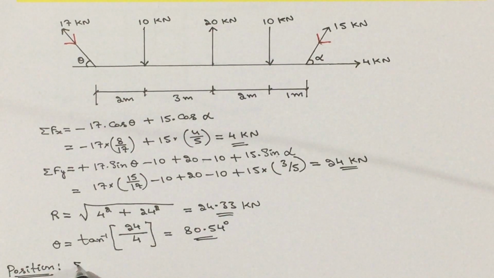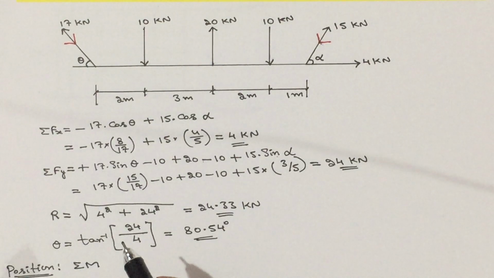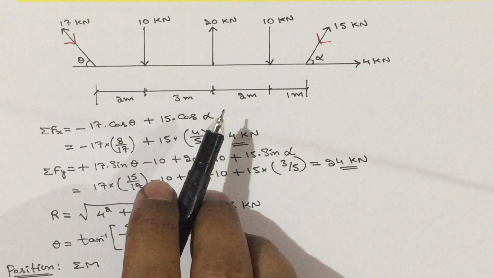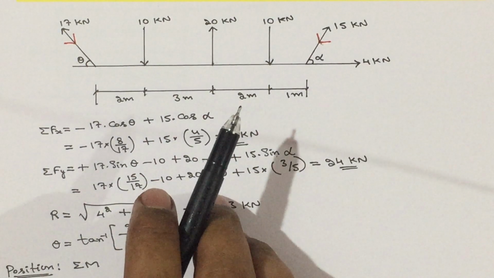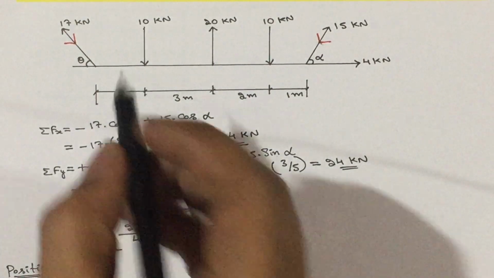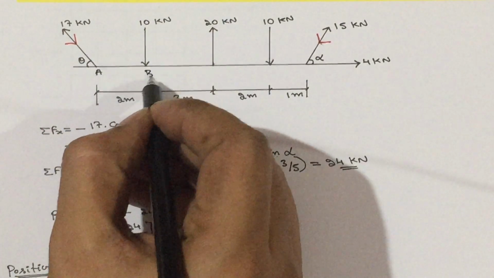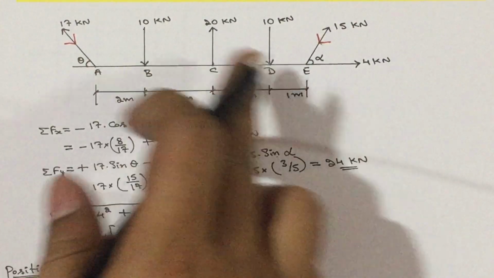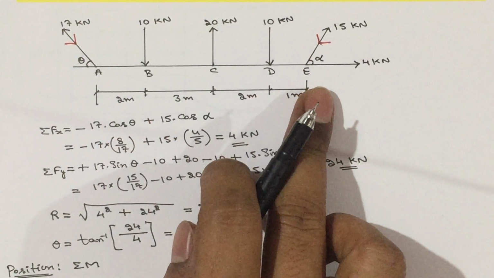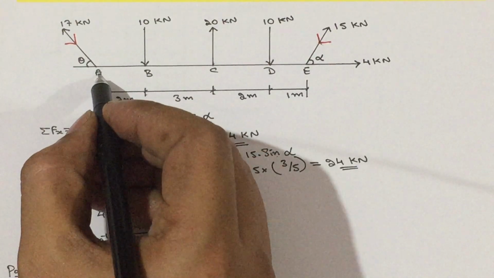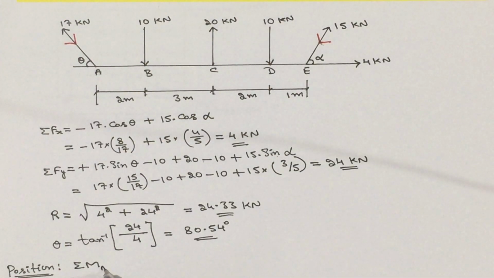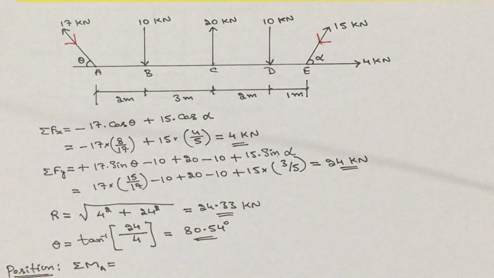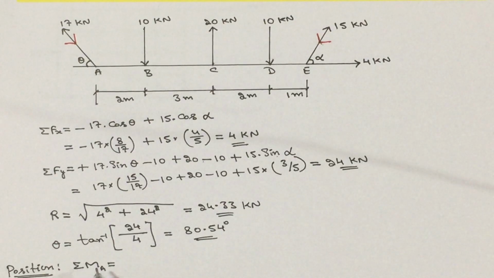So to calculate the position, we need to find out sigma M. Here in the given problem, he didn't mention any points, so I'm going to take a point. This will be the A point, B point, C, D and E. It is given in the problem itself. He never mentioned with respect to which point we need to calculate the position, so we can choose any point. I'm going to choose A point. But obviously in the examination, the point will be given with respect to which point we need to calculate the position. So let us calculate sigma MA.